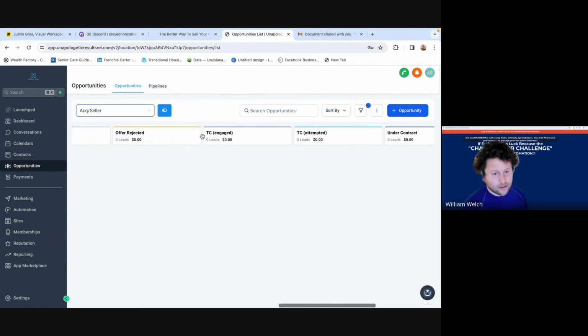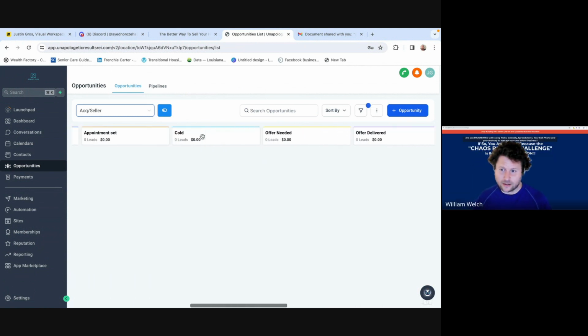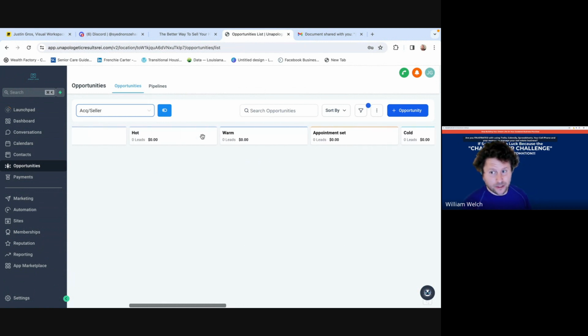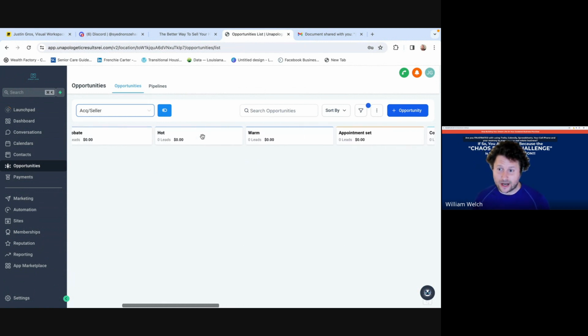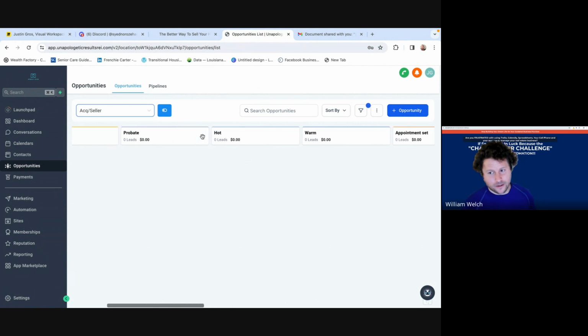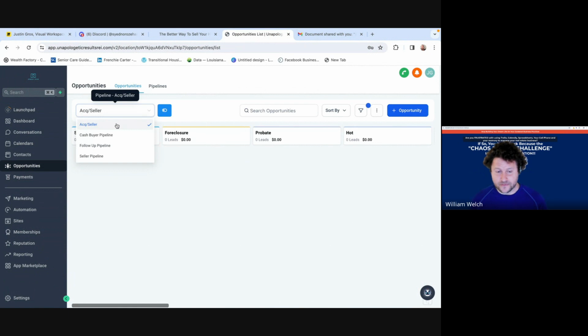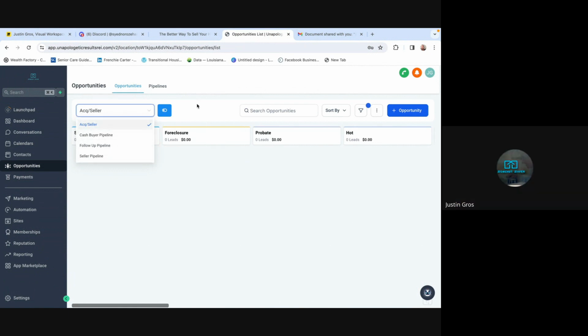But the other thing is that you're able to open up an opportunity and select where that opportunity moves to. So you don't have to drag and drop things all the time. So it's a little bit of both. You'll figure out what works best for you. But you got that, so that's great. Okay. Yeah.